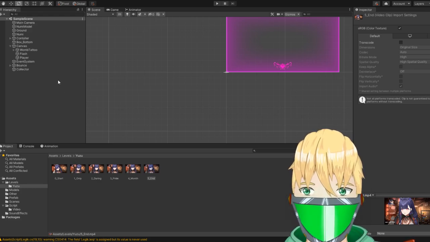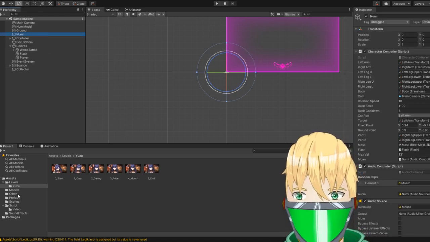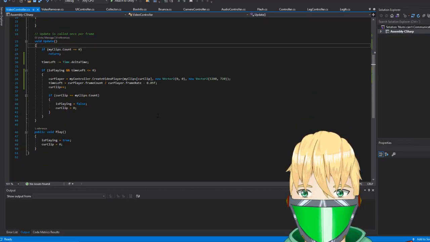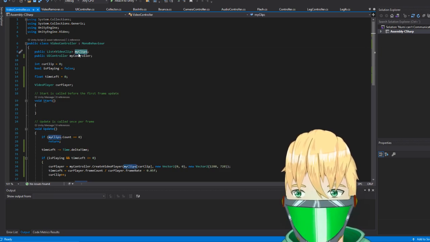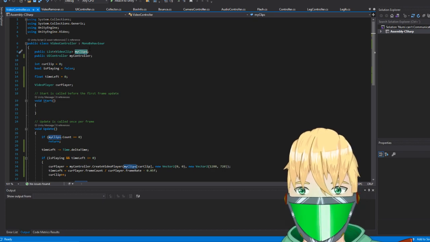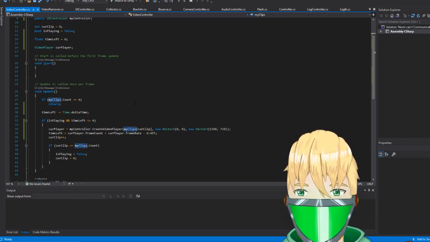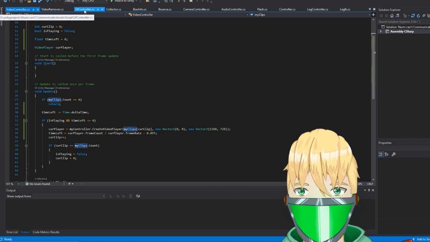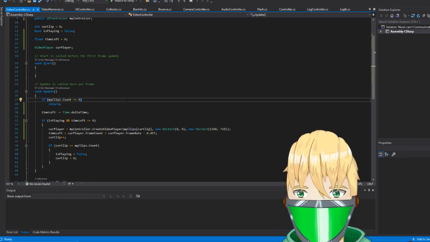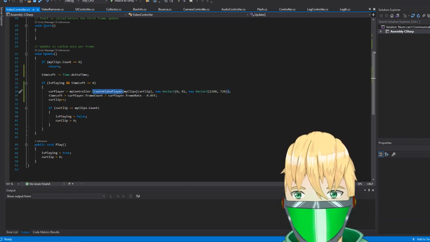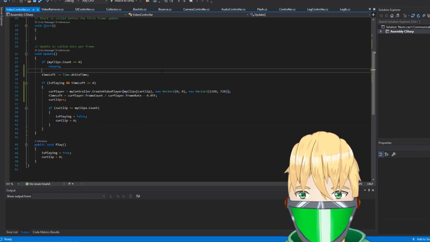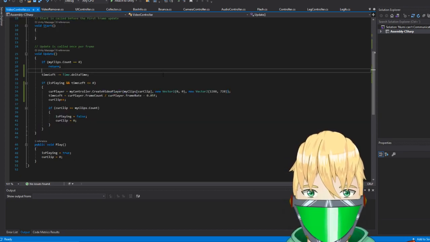So right now I created a script here, video controller, which pretty much is a list of all the clips that we need in the order that we want them, and then we send this information to the UI controller. In the UI controller we create the video players, so each clip gets its own video player.